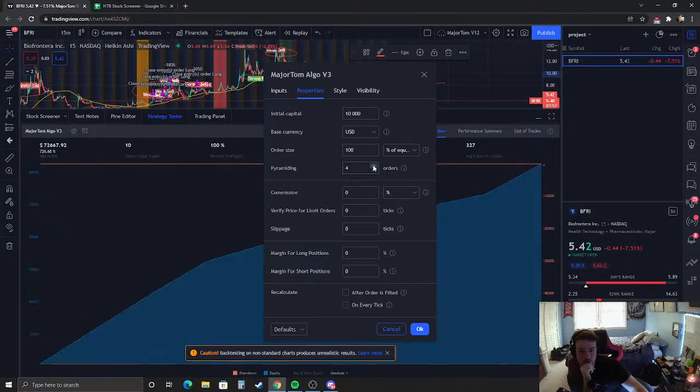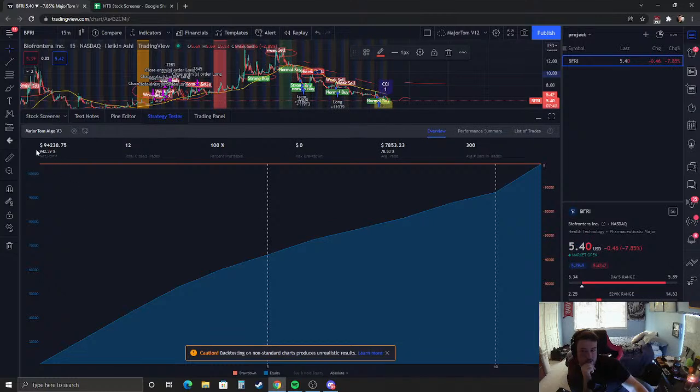And if you give it more capabilities like a human, you can pyramid even higher and higher and higher. It caps out at 8 pyramiding. But if it traded like a human, this is the highest percent profit it could get. All pyramiding does is allow it to buy multiple times without selling, and it allows it to sell whenever it sees the next signal.